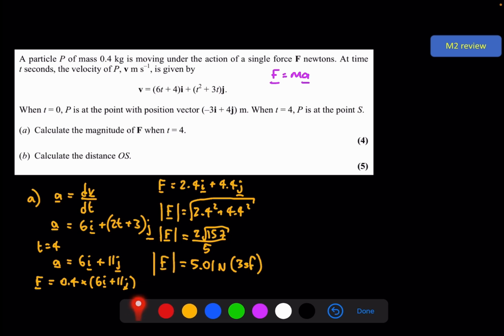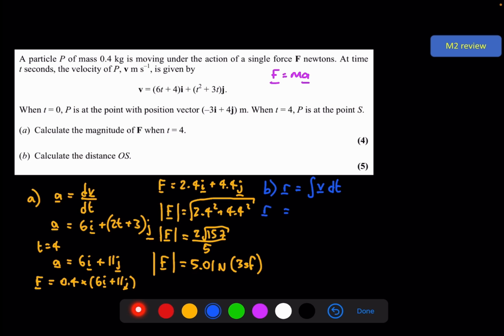Part B asks us to calculate the distance OS. Immediately two elements to this. We're going to need the distance. We don't have a formula for the displacement yet. We'll have to get that by integrating the velocity. And then OS, we're assuming O is the origin. It's not entirely clear about that, but we're assuming O is the origin, and we know S is when t equals 4. So to start us off here, we're going to find the position vector by integrating the velocity vector,